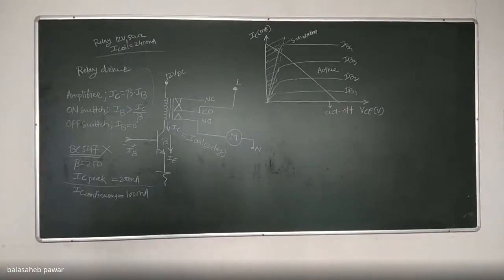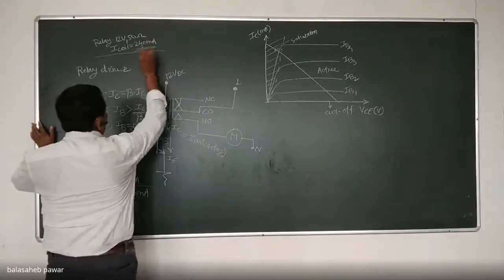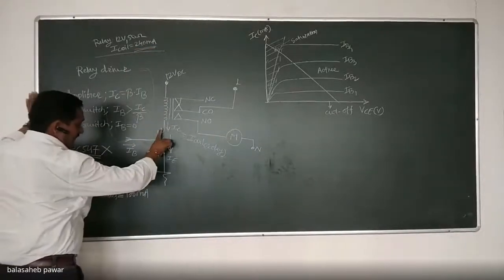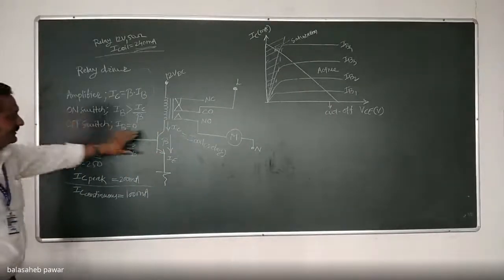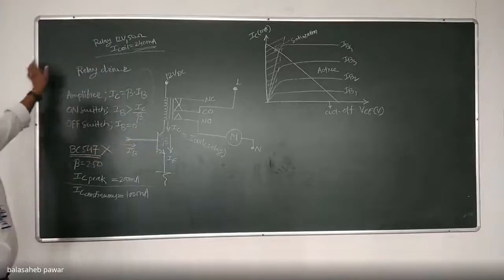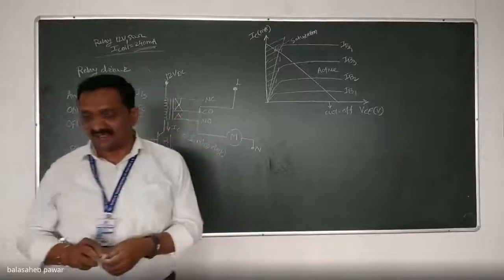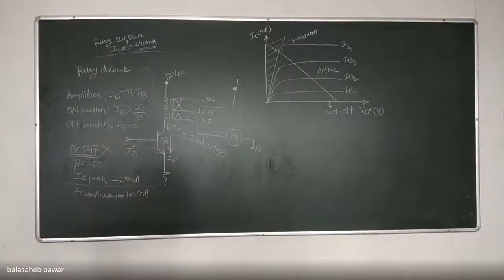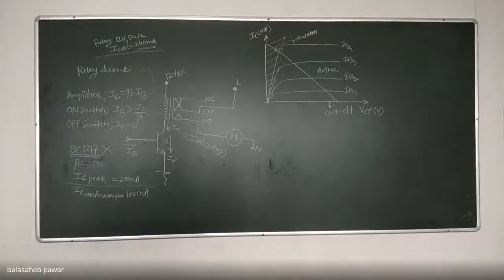That is the current handling capacity of that BC547, but we have to handle a relay, which will consume a current of 240 milliampere, and the same current will flow through this transistor. So if the selected transistor is like BC547, it will immediately get damaged due to that extra current. That switch cannot handle this much large current, that is 240 milliamperes, as per our selected relay. So is it clear? Yes, sir. Okay. And that's why we have to think.